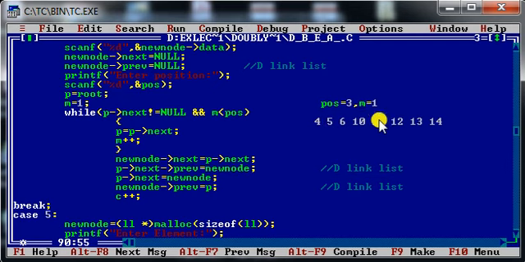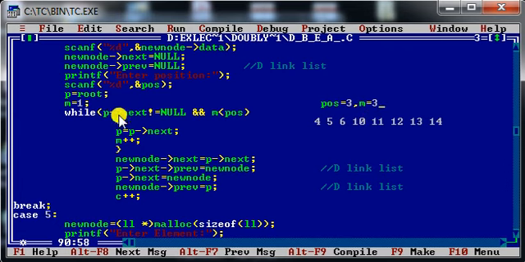So right now my M will become what? At the same time, M is also incremented. So P is at 5 and M is equal to 2. Next time, once again it will check whether the next part of this 5 is null. No. And at the same time whether 2 is less than 3. Both of these two conditions are true. So it will once again move to the next node. So my P pointer will be somewhere at 6, and at the same time M will become 3.